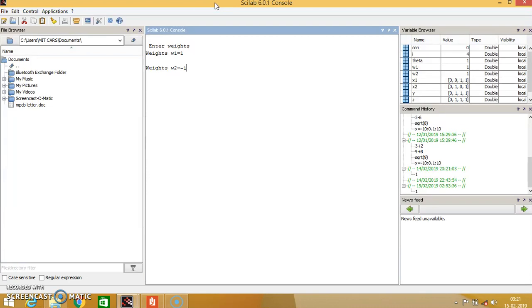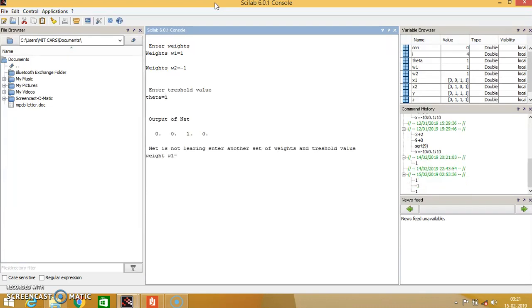One is called the positive weight, which has the excitatory value, and the negative weight, which is the inhibitory value. And suppose the threshold value is always positive.